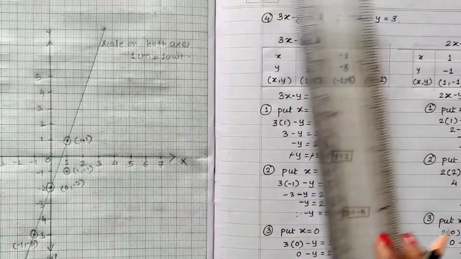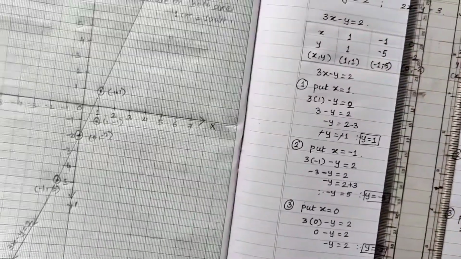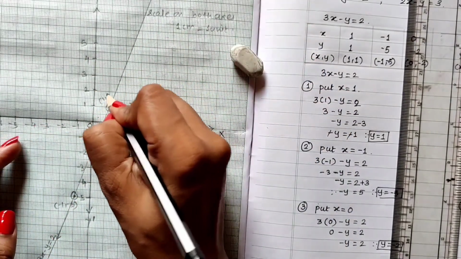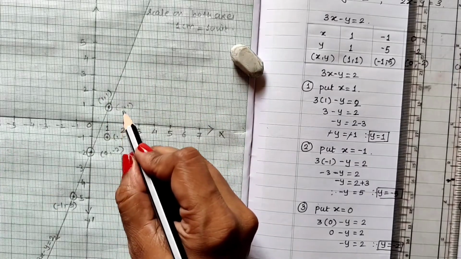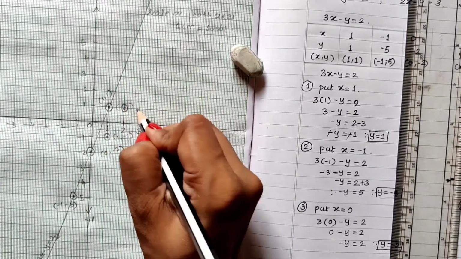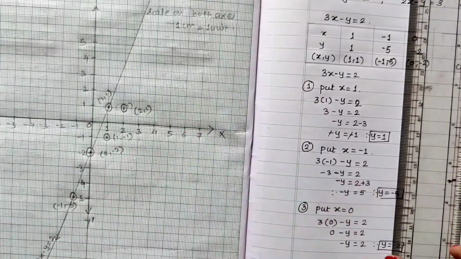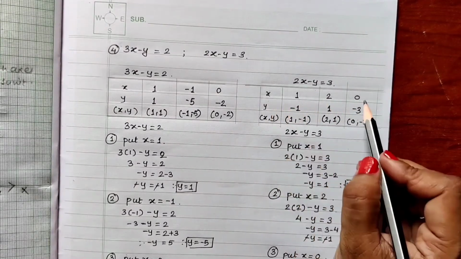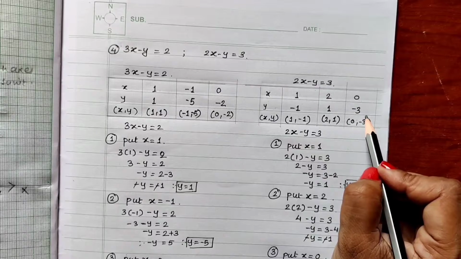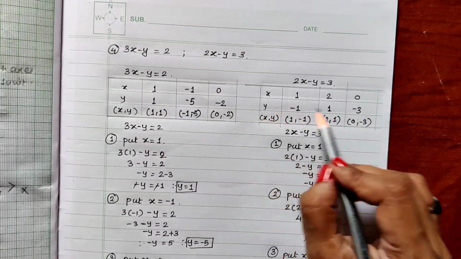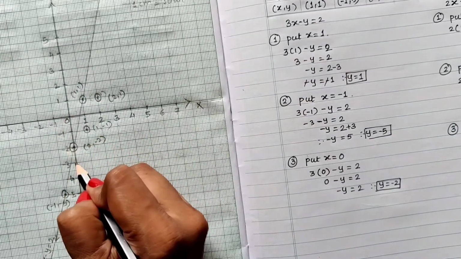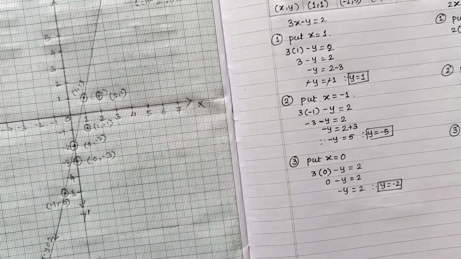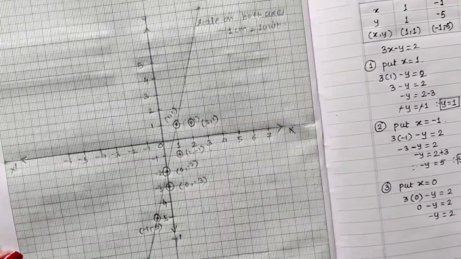Okay, let me rub this out. I will be writing this 1, 1 on the other side, so there will not be any confusion. Here I will write 1, 1. Now we have to plot the point 2, 1. So here it is, point 2, 1. Now the third point is 0 and minus 3. The x coordinate is 0, the y coordinate is minus 3. That means this point will be on the y-axis. So here it is the point, 0, minus 3. Now let us draw the line passing through these 3 points.